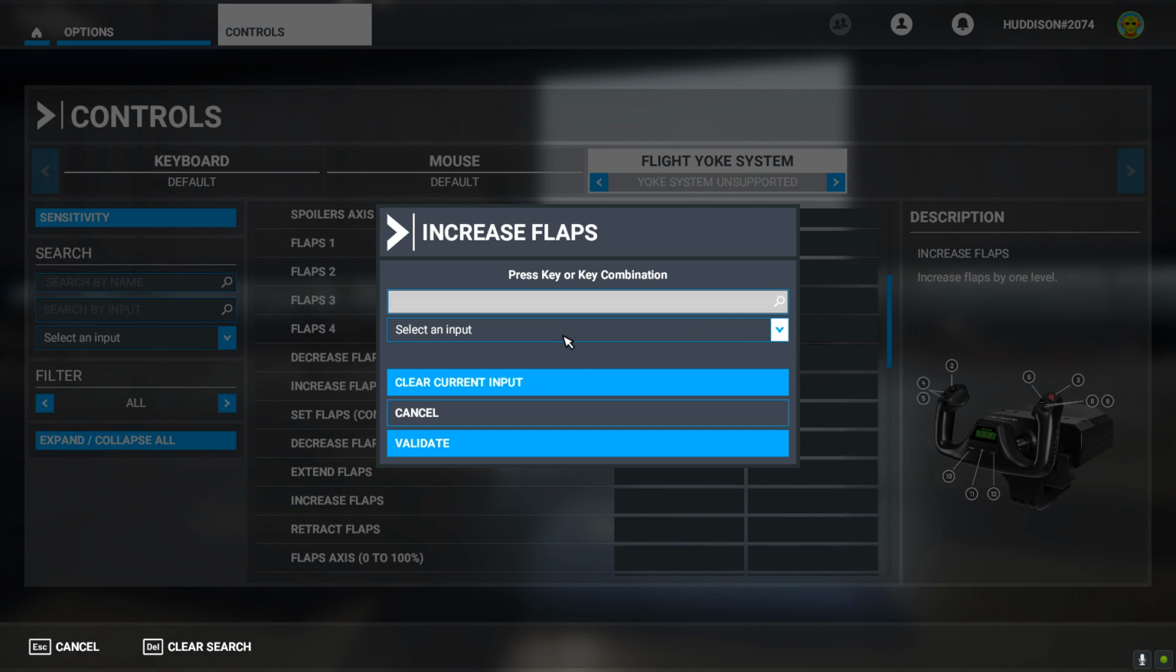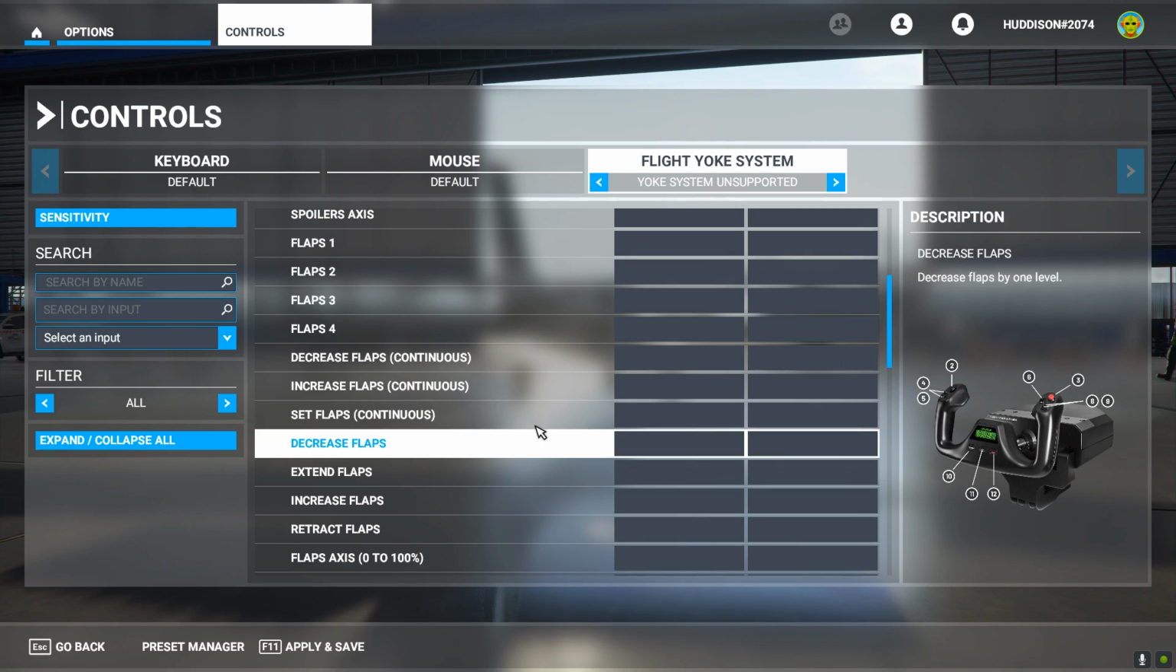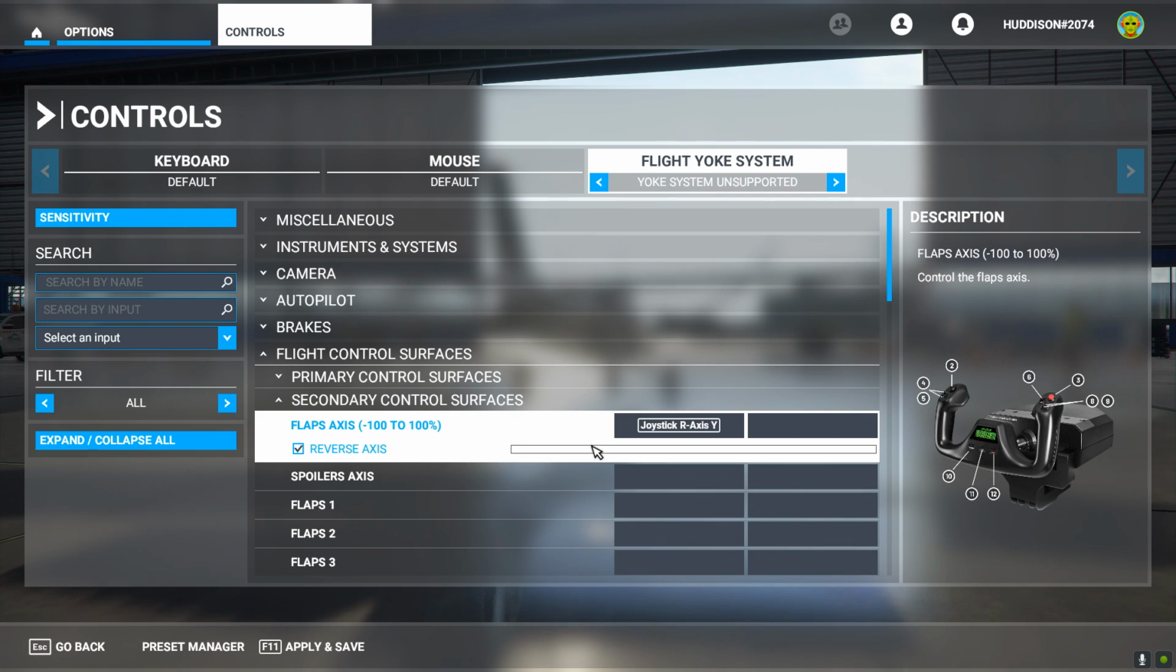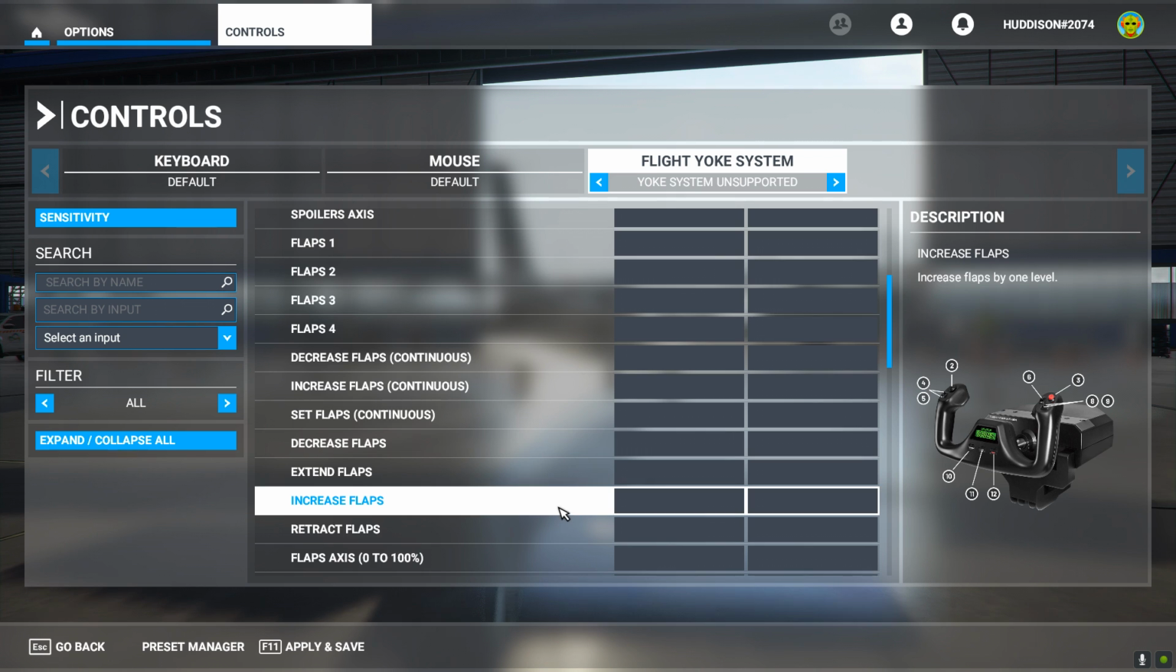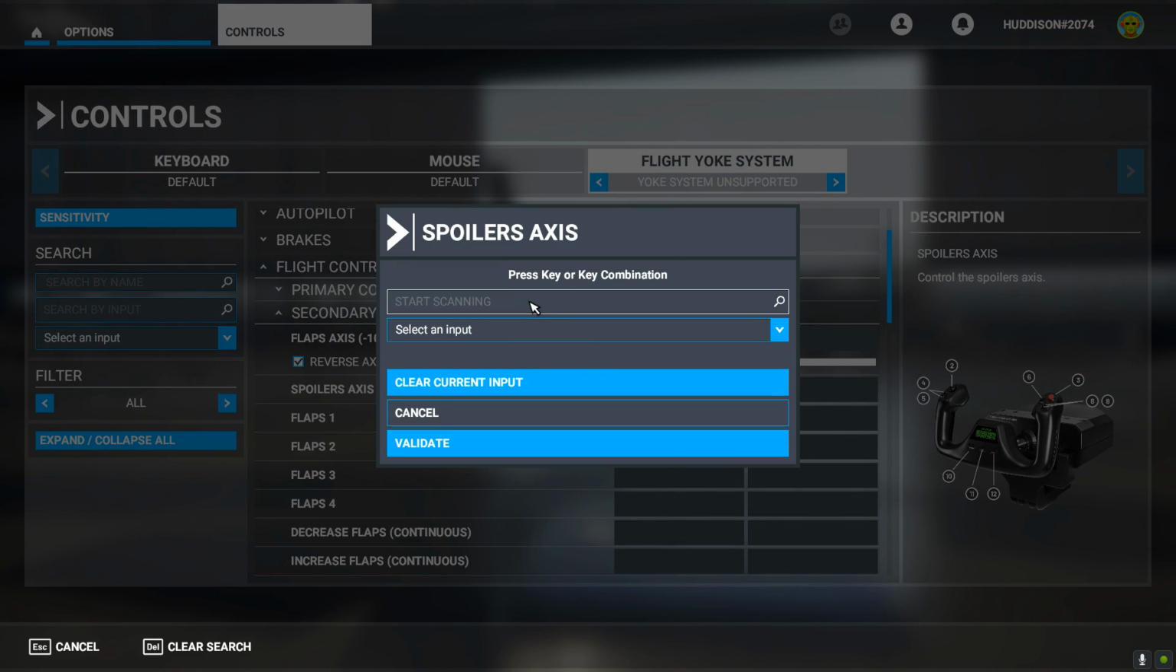So if I choose a button on my yoke, on my left side of the yoke, I've got a rocker switch. I can move that up to increase flaps. I'm not going to set that because I've got my flaps on an axis, but that's how you would do it via button. For my spoilers, I've got an axis lever I would like to use there, so I'll click on start scanning,